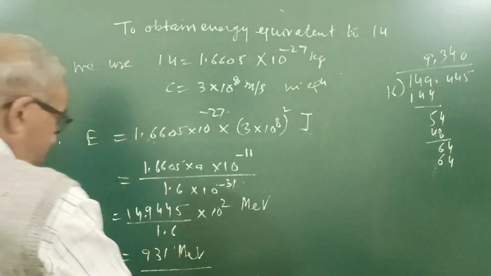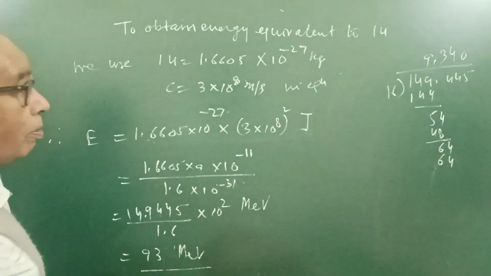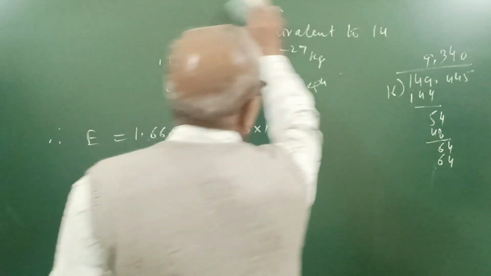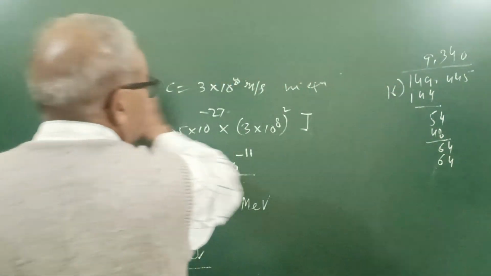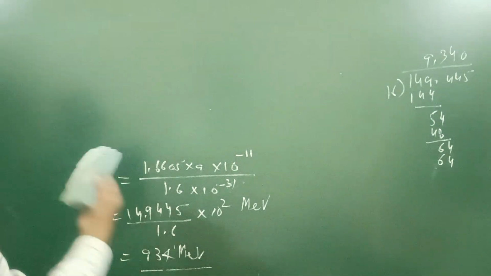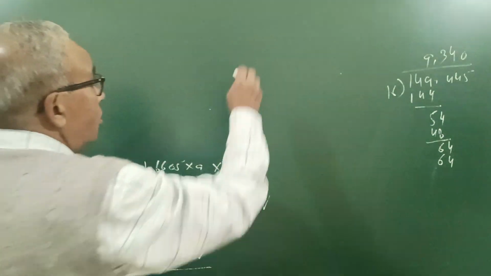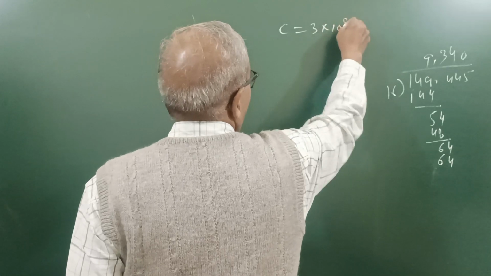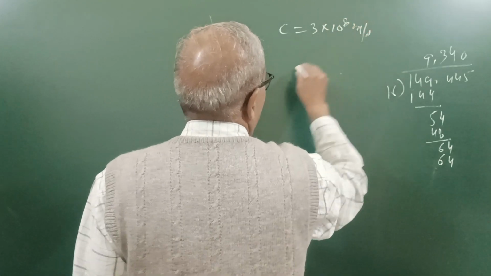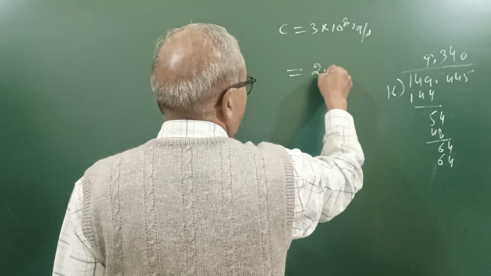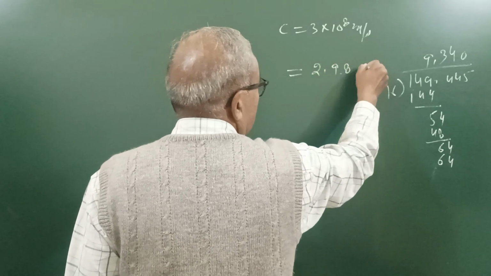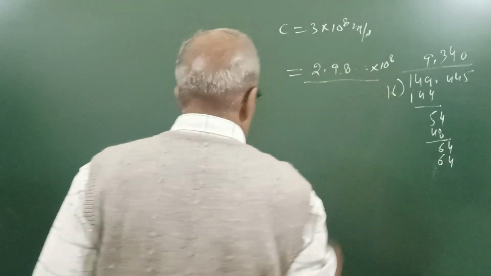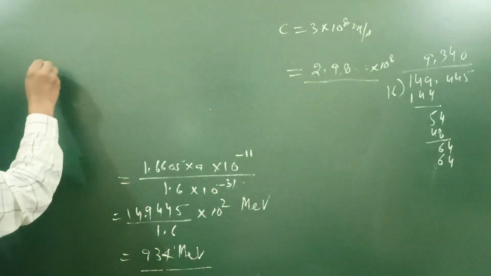But 34 MeV. But when we use more precise values, the speed of light we have taken is 3 × 10⁸ meter per second, but practically it is found to be 2.98 something × 10⁸. So when we use this, so I say here, but